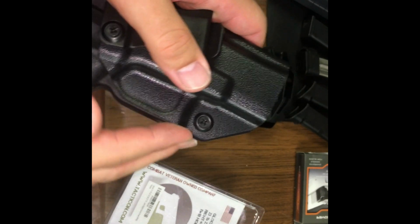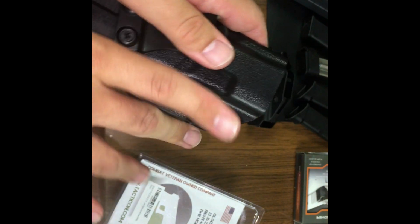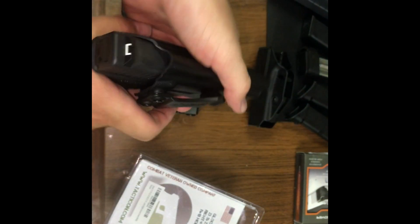All these guys perfectly cut this bottom part around the trigger. You don't feel it, and it doesn't hang down enough to cut into your finger. So I love this concealed carrier. So this is good for,